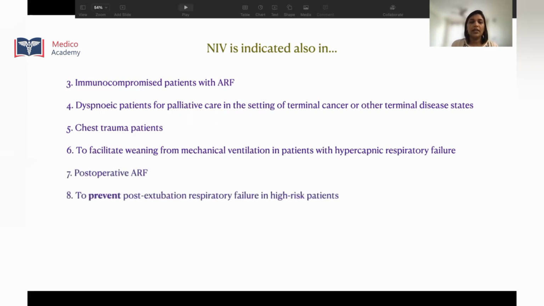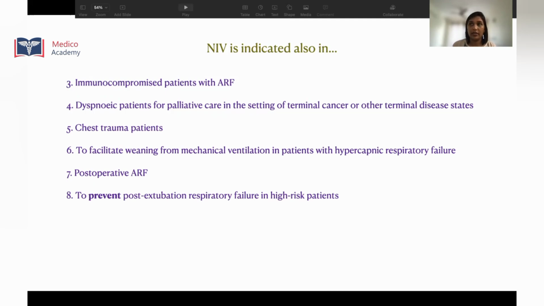The next indications include post-operative acute respiratory failure, and also it can be used to prevent post-extubation respiratory failure in high-risk patients. There are many high-risk patients when it comes to post-operative failure, like post major thoracotomy and post major laparotomy cases, patients who undergo diaphragmatic surgeries, etc. So in such cases, you can prevent